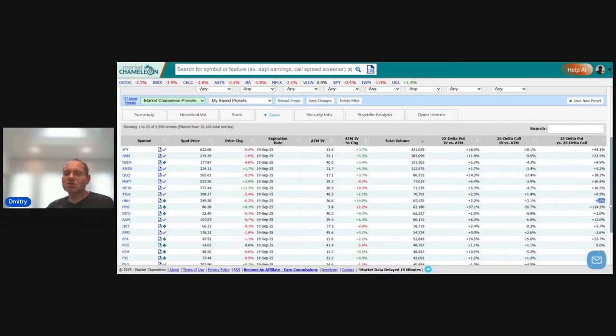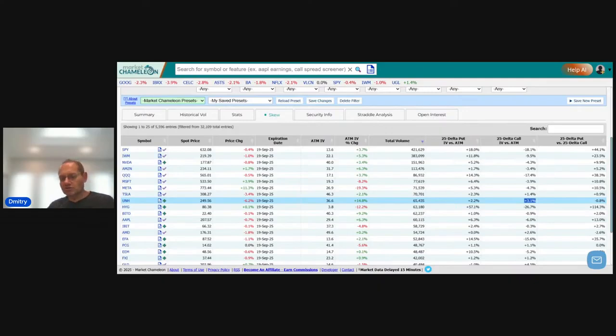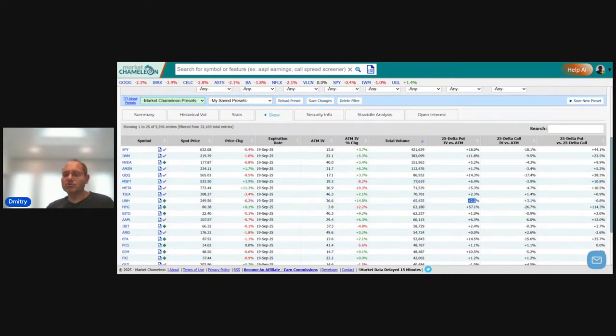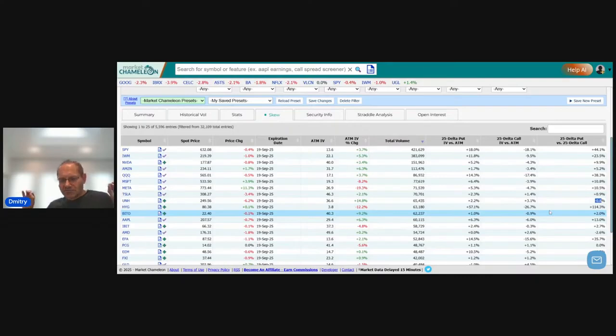In UNH, the put is higher than at the money, and the call is higher than at the money. So the volatility smile kind of looks like a smile increasing to both sides, but the call actually is increasing at a faster rate, 3.1 versus 2.2. That's why, if we just compare put versus call, we got a negative 0.8%. Okay, so this kind of gives us an idea of the out of the money comparison of the out of the money